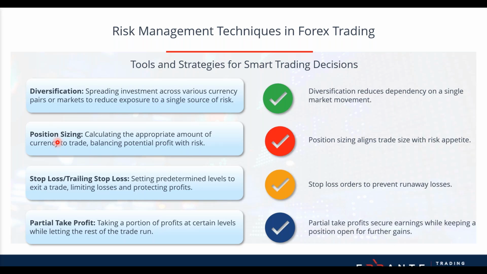Also, position sizing is around the corner. This is about calibrating the size of your trade to match your risk tolerance. Say you have a $10,000 account and you are comfortable risking 1% per trade. That means your maximum loss per trade should be $100. If your stop loss is set 50 pips away from your entry, the position size should be 2 micro lots,